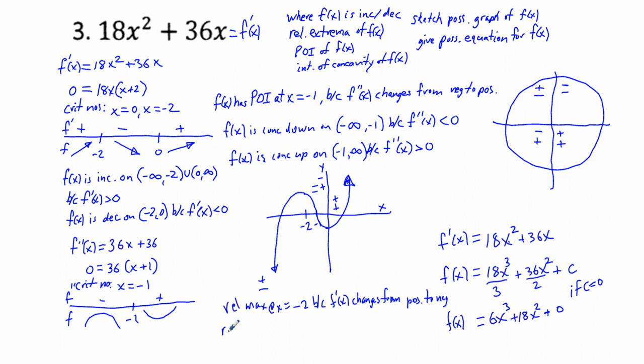And we have a relative minimum at x equals 0 because f prime of x changes